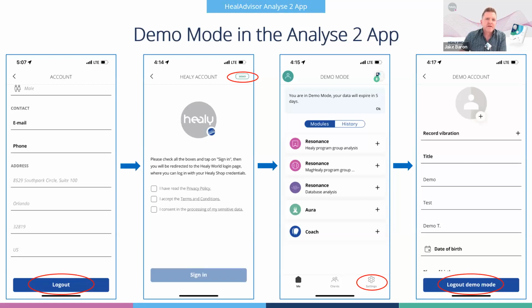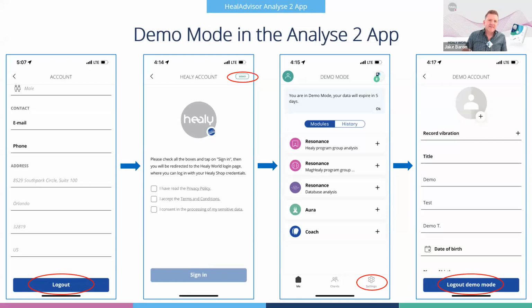So remember, guys, what Jake's saying there is that if you're not actually logged in when you first open this app, when you don't actually log in at the bottom of the screen, and whenever the system is not associated with a specific member, then that demo mode appears kind of as a default, right? And you can sign into demo mode. So you're essentially signing in, but this is done before you sign in as you.